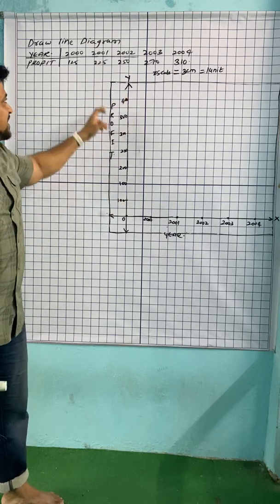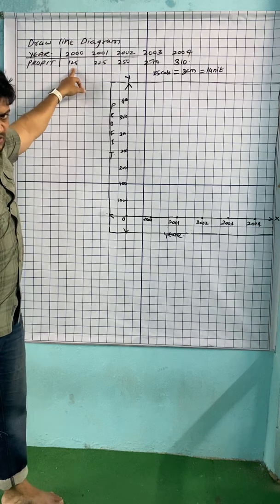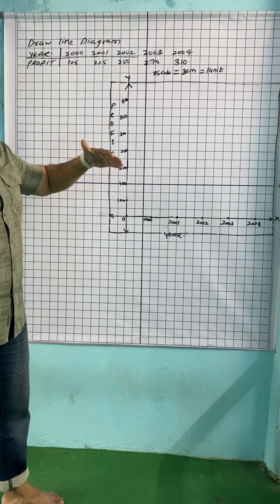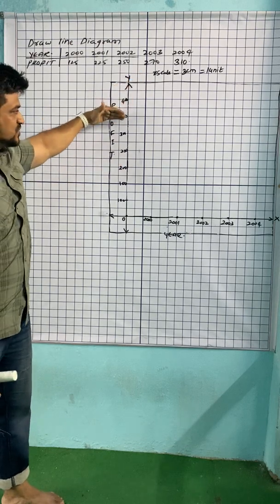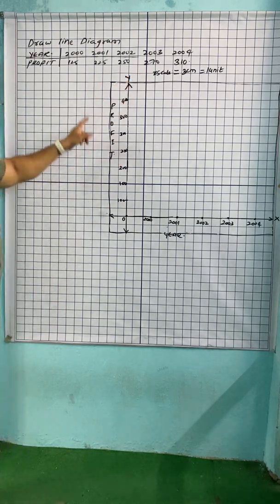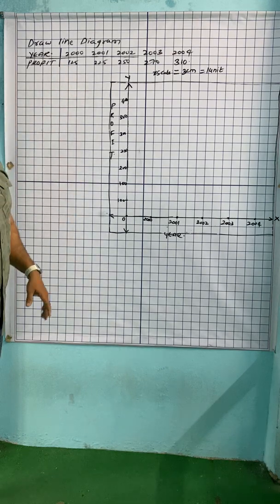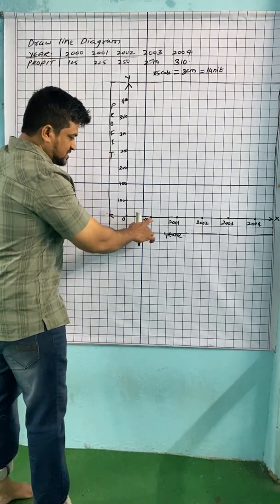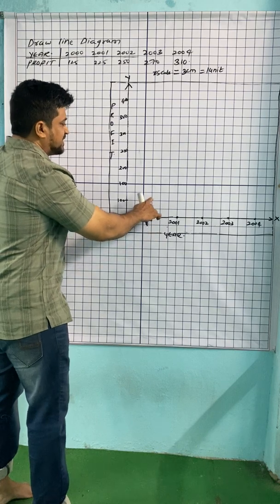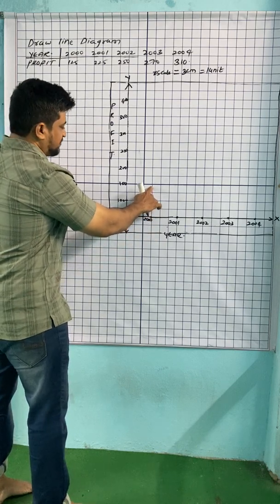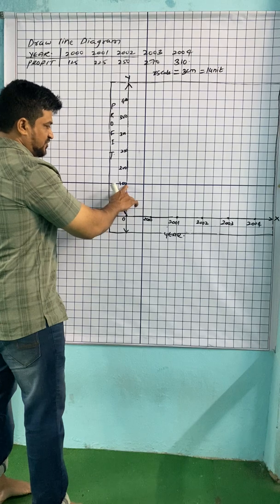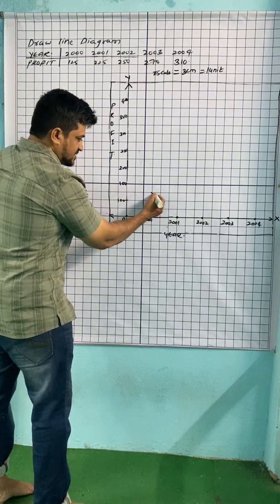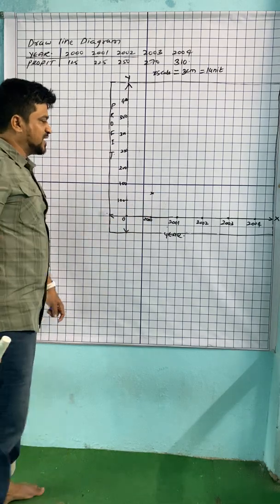So I have started with 100. You can make it 120 also, your wish. 120, then 170, in that way also you can, but you should cover that 310 also here. First value is from 2000, 125. We have to plot at 125. This is the 2000 point. From that point, we have to go till 125. See 100, 150. 125 comes in between. This is 125. Take a check mark.